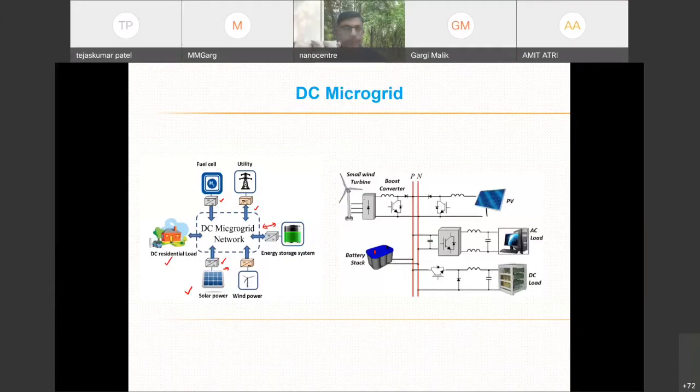If some storage is there, then again, to match the voltage level of the batteries with the DC bus, a DC to DC bidirectional converter is used, because when surplus power is there we need to charge the battery, and if there is a lack of power, the battery discharges. Similarly for loads: if DC loads are connected, then to match the voltage level we may again need a converter. So the same thing is explained in this way. This is the DC bus, connected to different power resources, loads and batteries with different kinds of power conversion processes, right? So here we can see the importance of this.